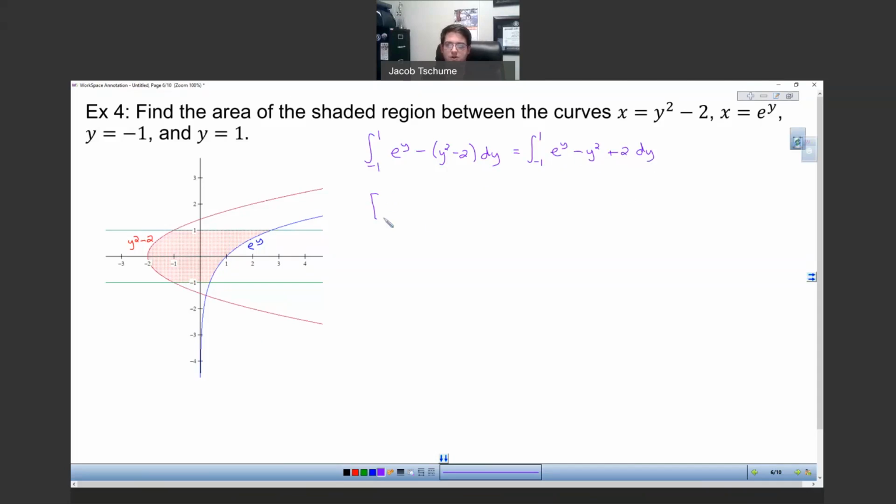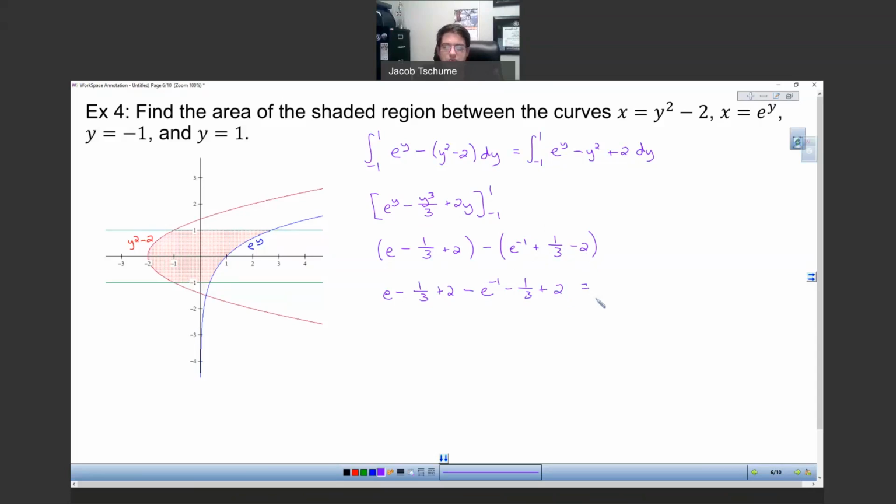We can integrate all three of those terms. So the integral of e to the y is still e to the y, minus y cubed over 3 plus 2y, evaluated from -1 to +1. If you plug 1 in, this would end up being e minus 1/3 plus 2. Plugging in 1 is usually pretty easy. Minus, if you plug in -1, let's see, that's e to the -1. That's going to be a -1 on top, so it actually becomes plus 1/3 and then minus 2. Distribute that negative through, so it's e minus 1/3 plus 2 minus e to the -1 minus 1/3 plus 2,